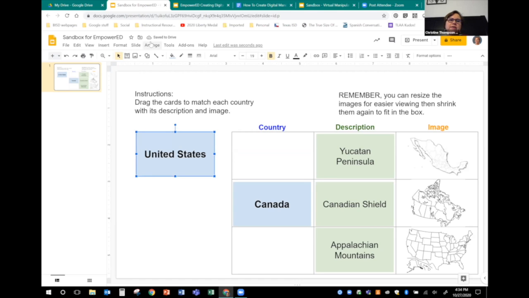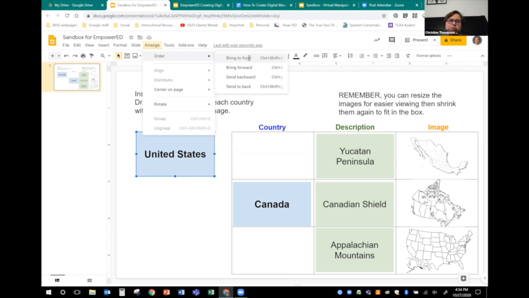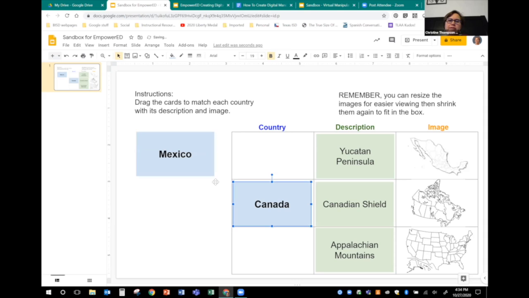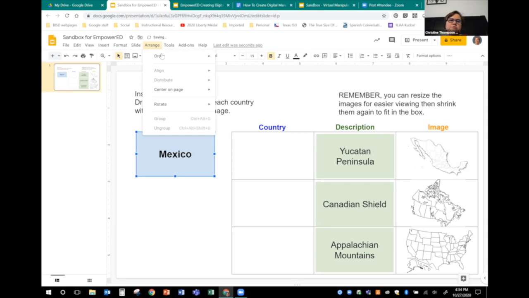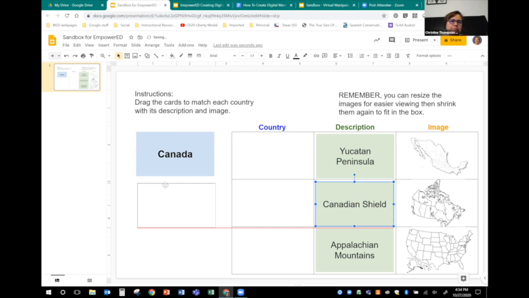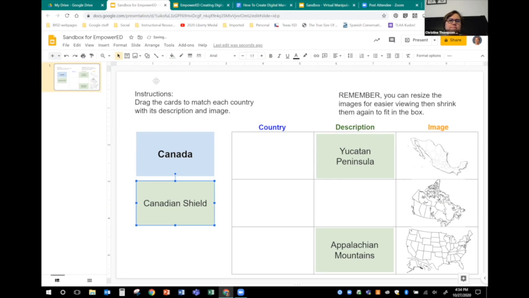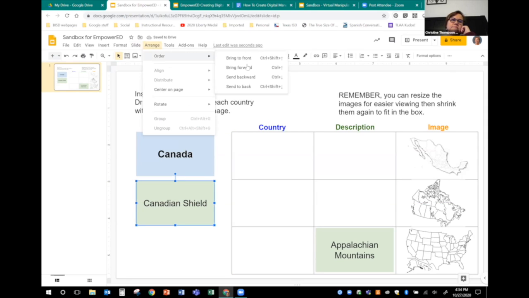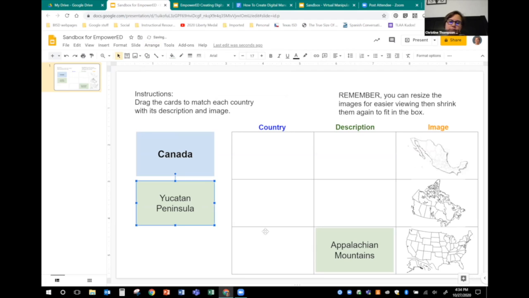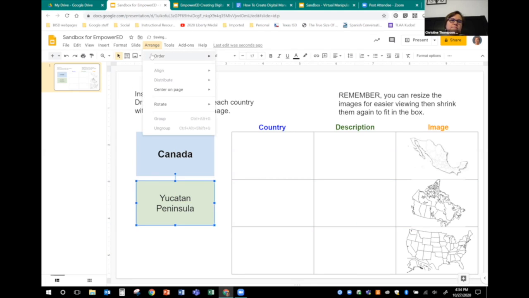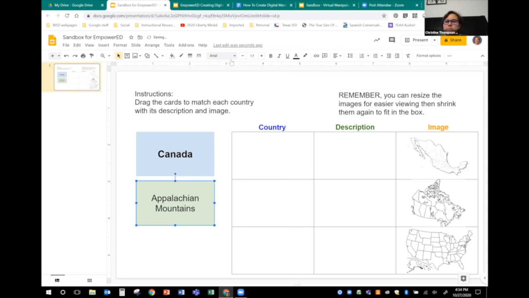So that's why we use that arrange, order, bring to front, and that randomizes the order of these cards. So it's like shuffling up the cards for your kids. Okay.